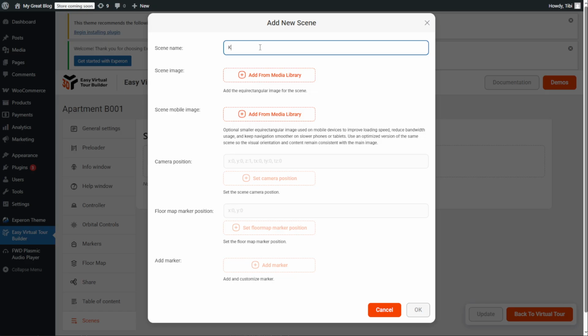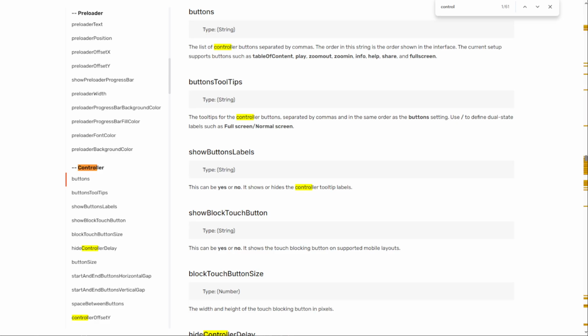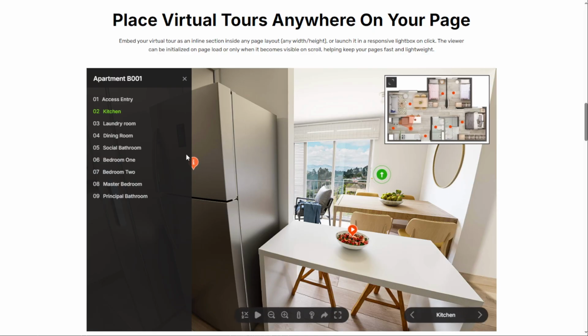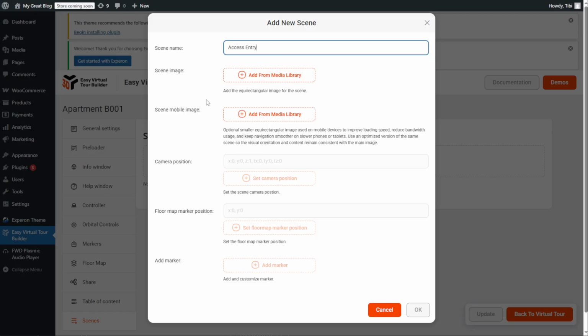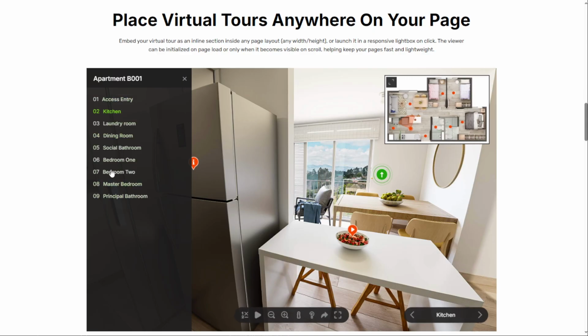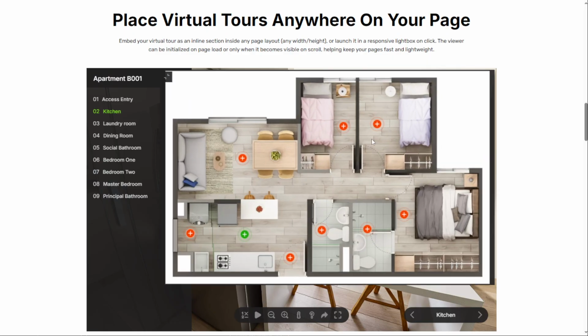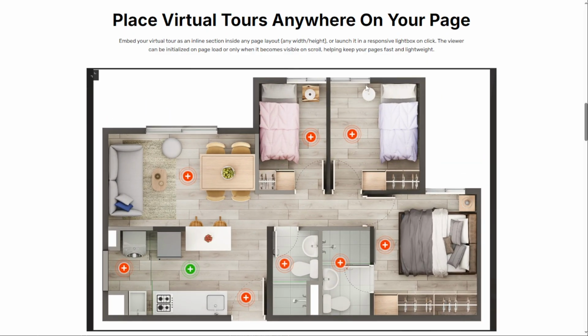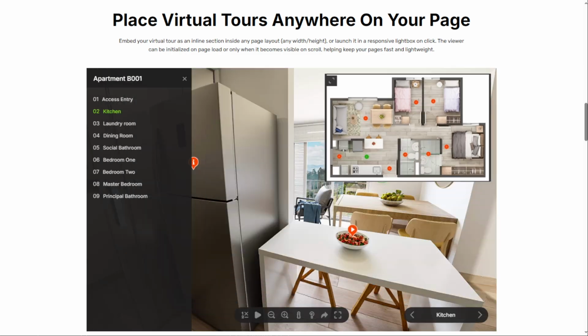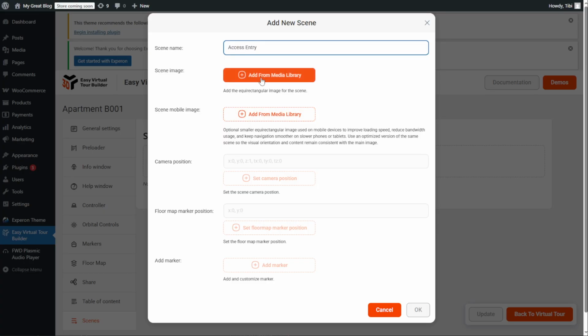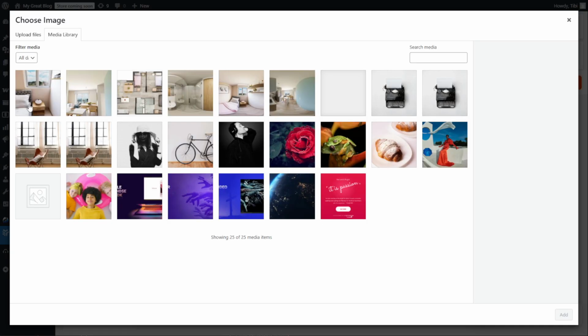Let's start with the kitchen. No, access entry. Let me check something here. Yeah, so access entry. So this is the name. The name will be displayed here in this part, or in this part, or in this part here. So this is the name part. The scene image, let's add. I already added the image in the media library. Let's select